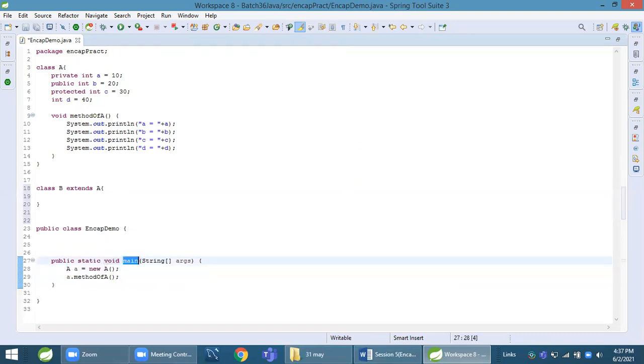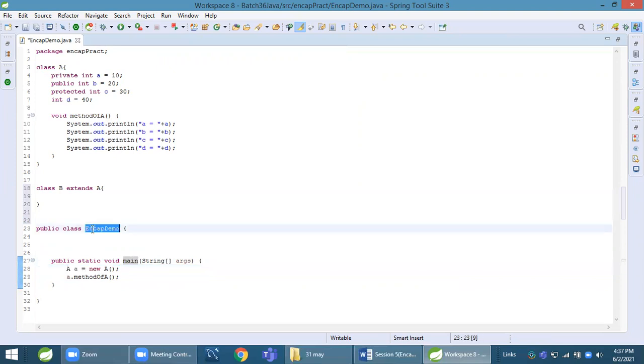We write lots of classes, but we write the main method in any one class, and from that main class we access properties of various classes, whichever we need. So here, object of A means we are accessing in A.